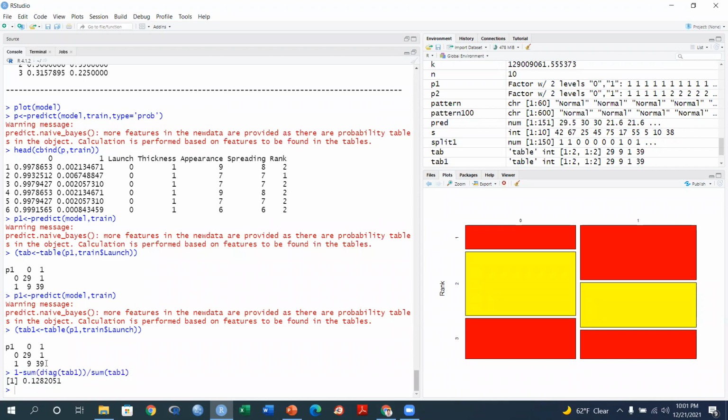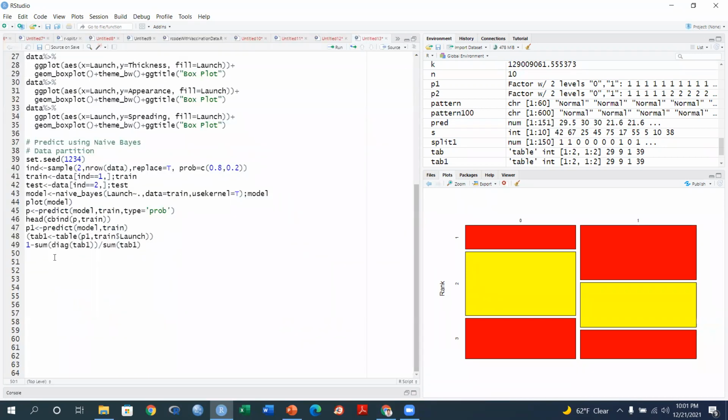78%. 78%. So this is the interpretation. Anyway, let's try very quickly with the test data. So we already completed the training data. Now we can do the test data. Previously we did the P1. Now we can predict based on the test data. So P2, right? So predict